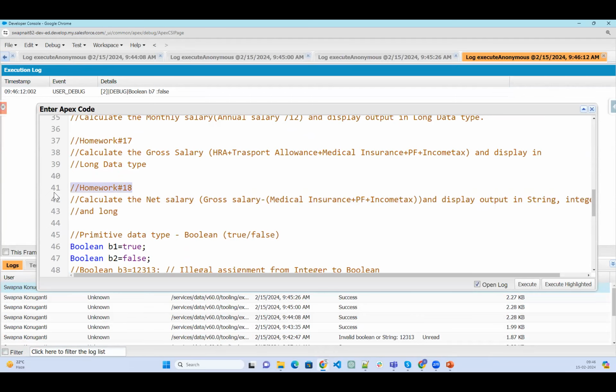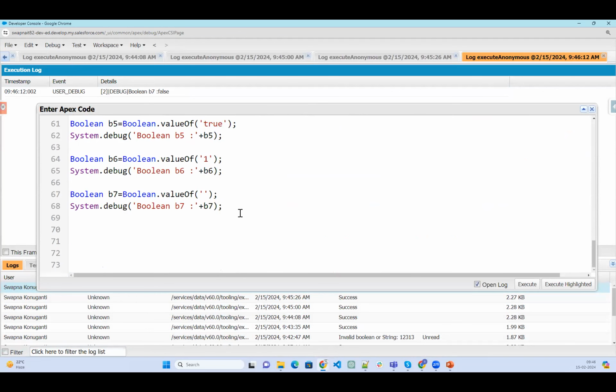Take another assignment. Write a program to get user input for the variable "are you working?"